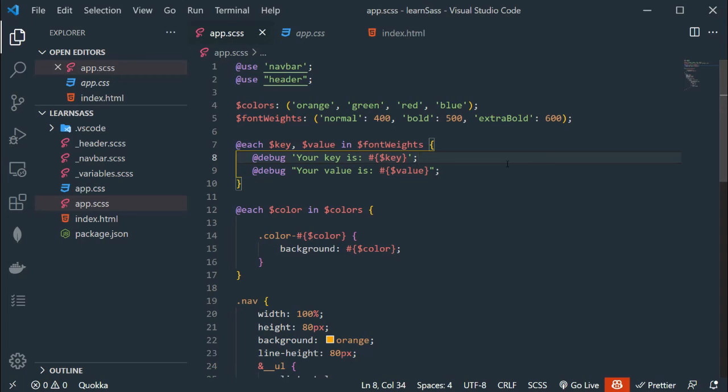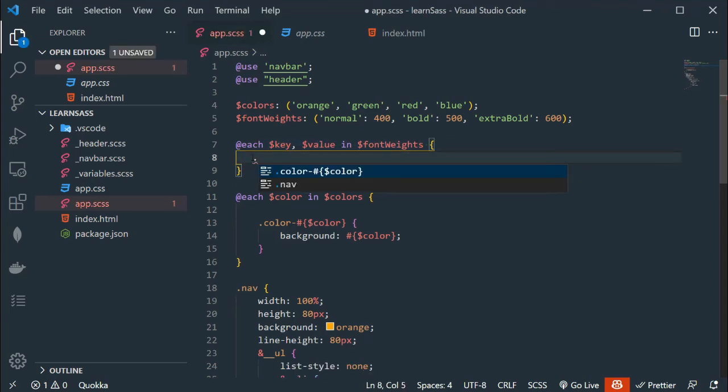Now I want to create some dynamic classes. So let's say .font- and after the dash I want to append normal, bold, and extra bold. So we can access keys from $key.